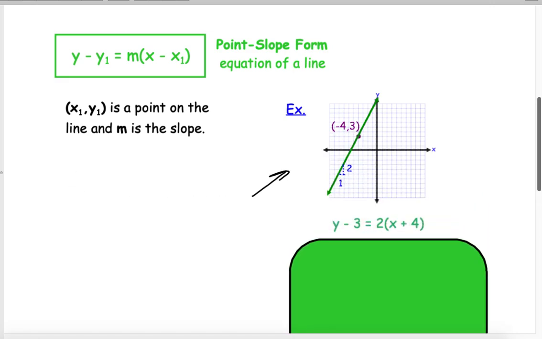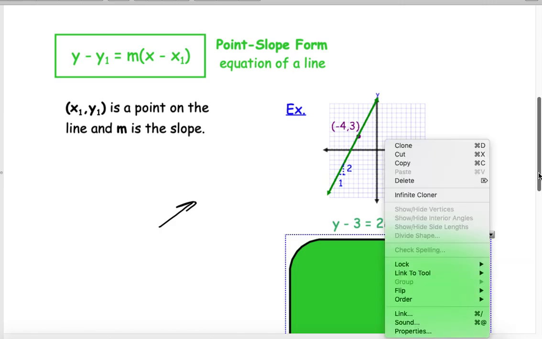Once again, we have another line graph. The equation for this line in point slope form could be y minus 3 equal 2 times the quantity x plus 4. Now notice, (-4, 3) is just one point on this line. There's an infinite number of points. So we could pick any point on this line and replace the x and the y coordinates right here. And even though the equation looks different, it still represents the same line. So in this case,